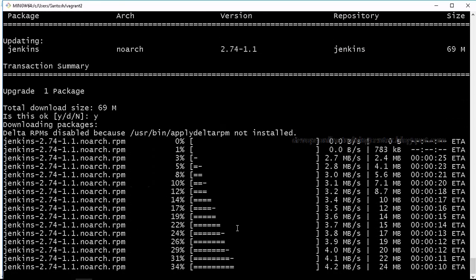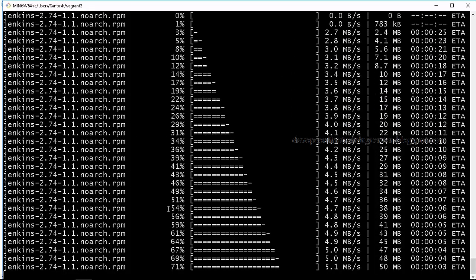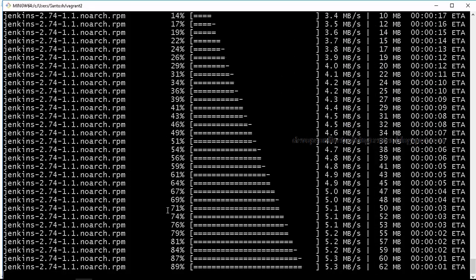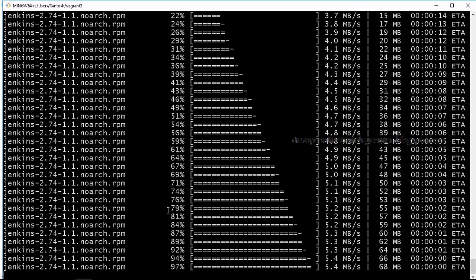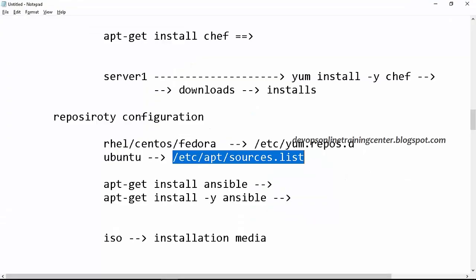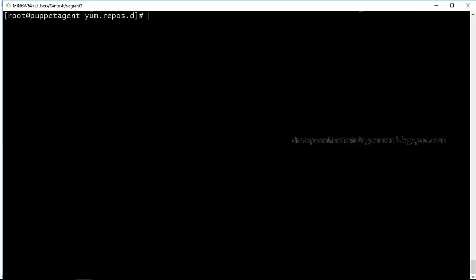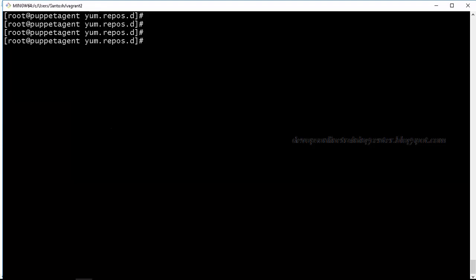If you install Jenkins for the first time, it depends on Java, so it will install Java first, then Jenkins. Dependencies are installed first, then the other packages. Is this clear? apt-get is the command to install packages on Ubuntu, and yum is the command to install on Red Hat. Most of the time we use these commands to install something.